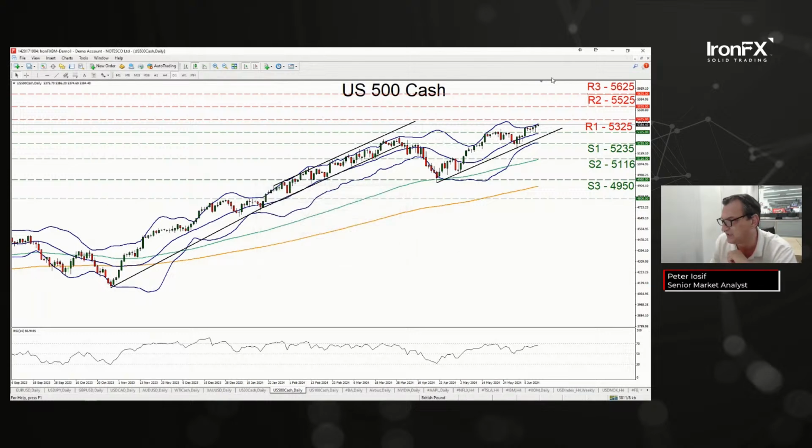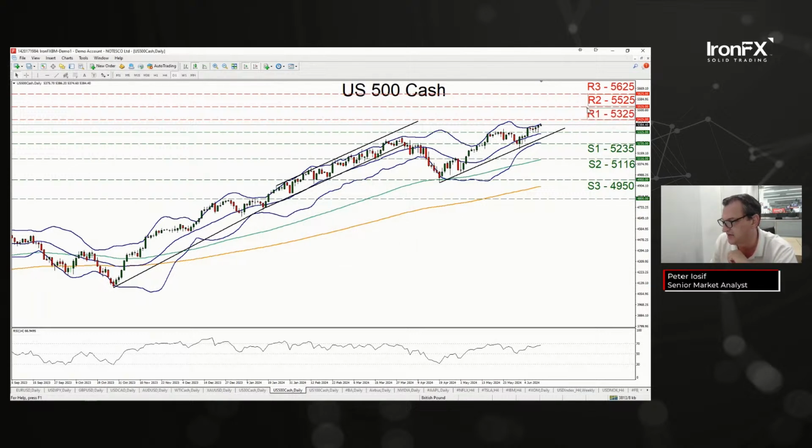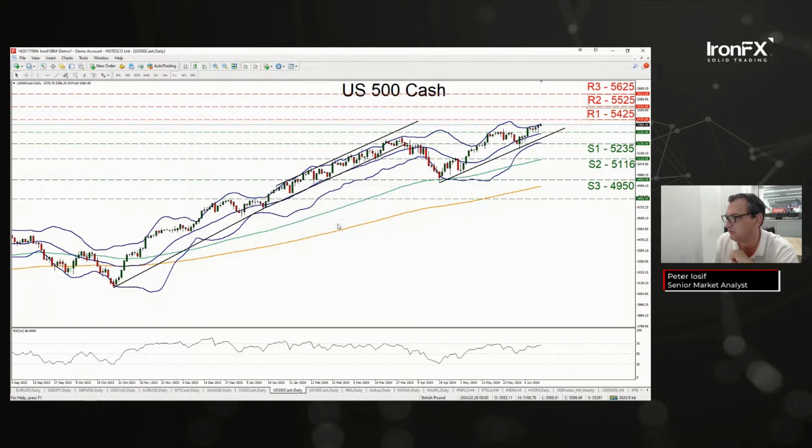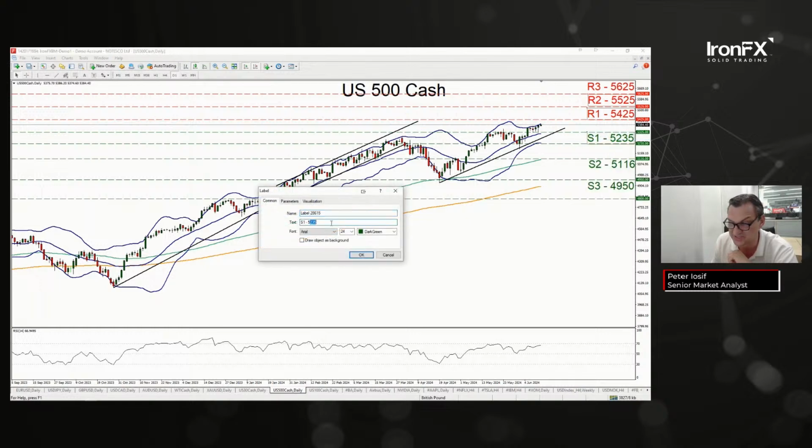And the second element would be the RSI indicator, which tends to continue to aim for the reading of 70. It's pretty high and tends to imply that there is still some substantial bullishness among market participants